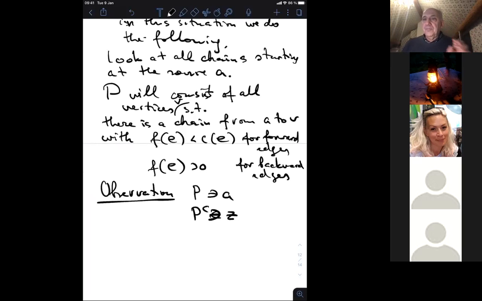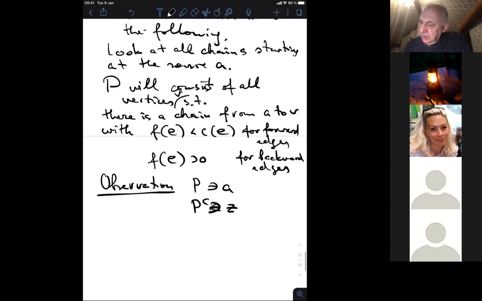And in general, we'll get a cut, because for every vertex, either there is such a path to it, or there is not such a chain connecting A to it. So every vertex lies either in P or in P complement. Both of them are non-empty, and the first one contains A and the second one contains Z. Okay, so we created a cut, and then there is a small argument here saying that for this cut,